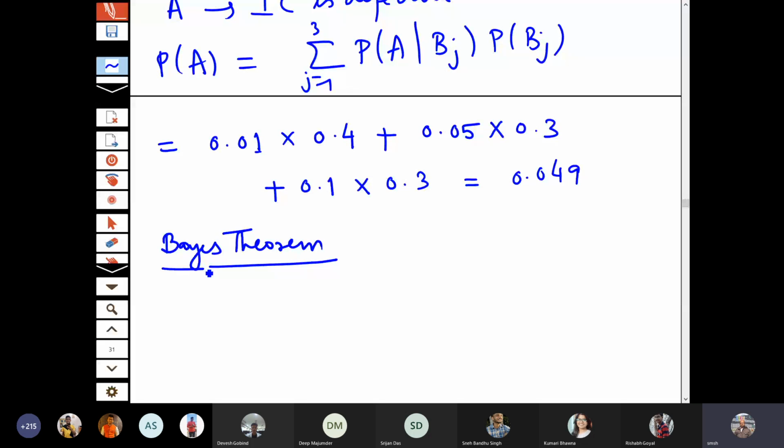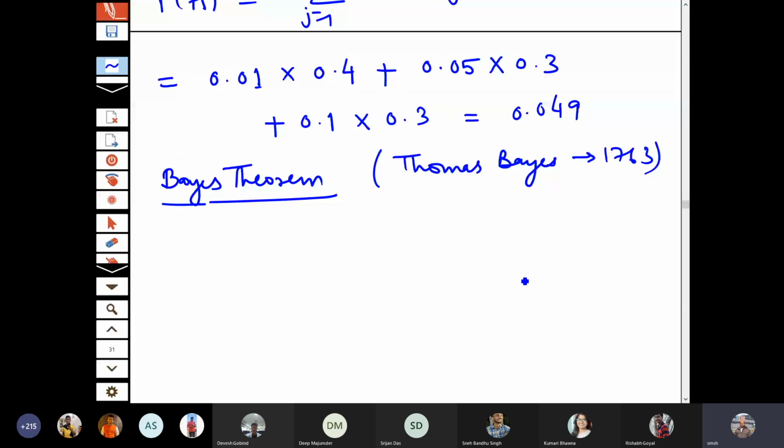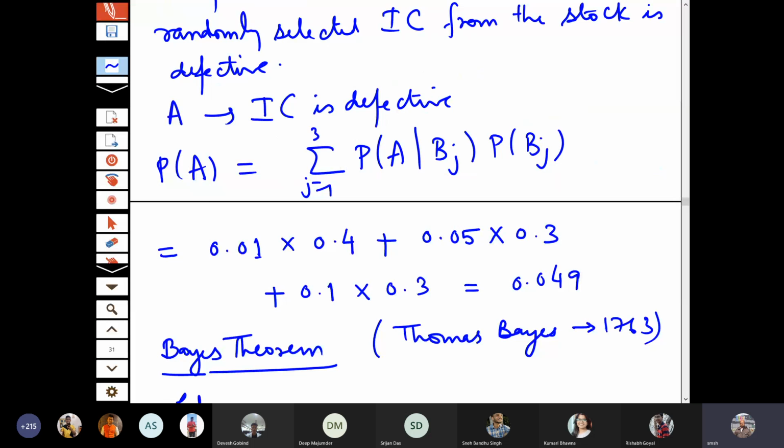It is named after Thomas Bayes. So he is actually from the 18th century. However, the result was not popular till very late, and in fact, the people who developed the original probability theory did not like this formulation because it is talking about something in the reverse way. Let me explain that.